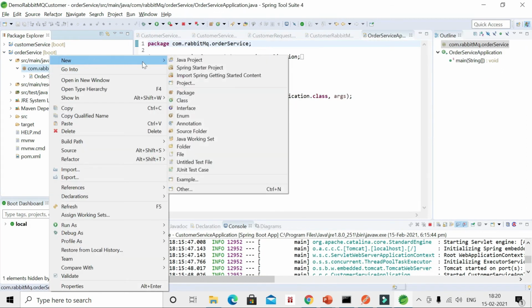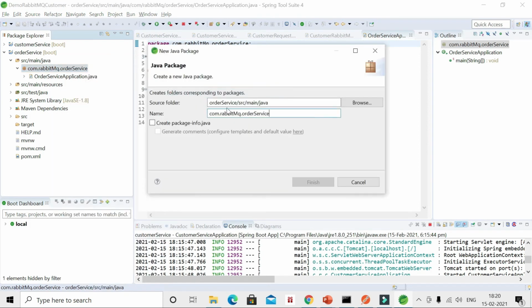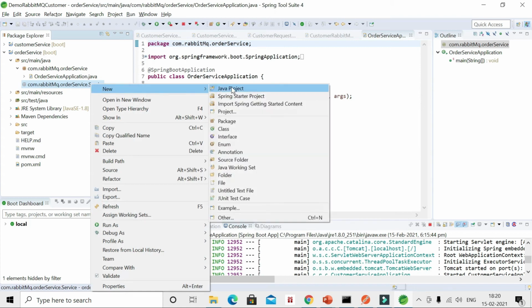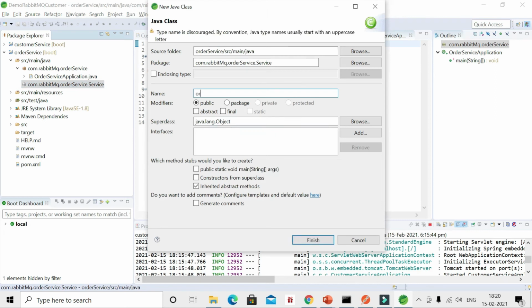Yeah, so let me create the package dot service, and here I can give the class name like order service consumer, any name you can give.